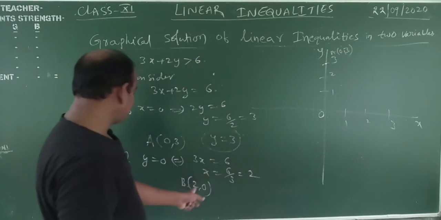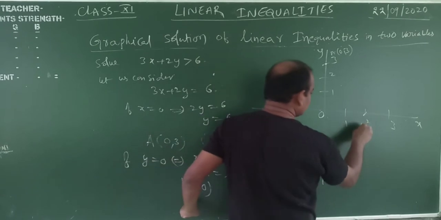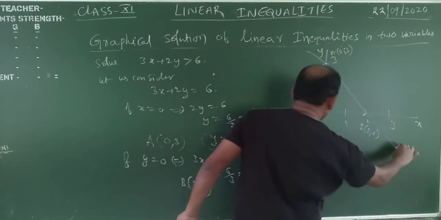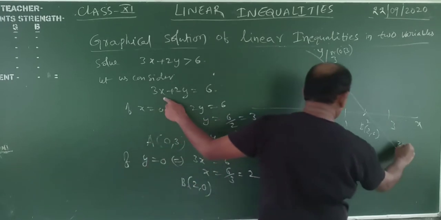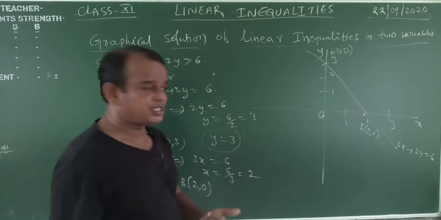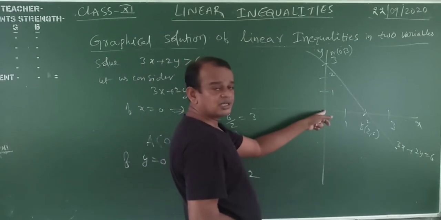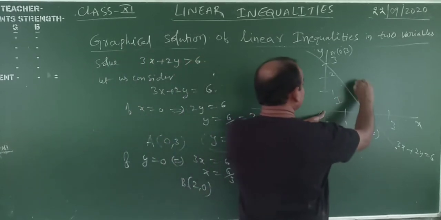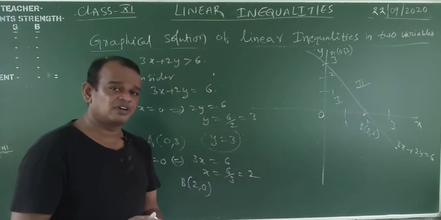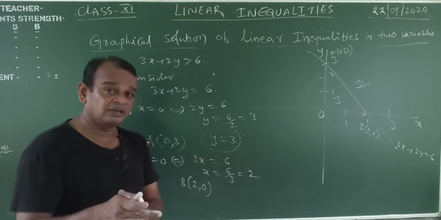Now B (2, 0). Draw the points. What about this line, 3x plus 2y is equal to 6? This line divides the plane into two regions with respect to the origin. This is region 1, and this is region 2. Now, what is the solution? Either region 1 including the line, or only region 2